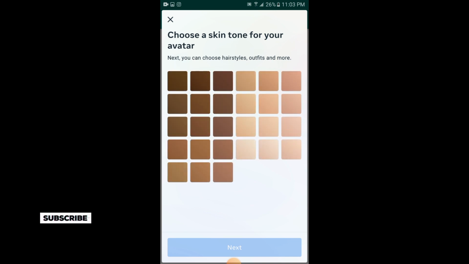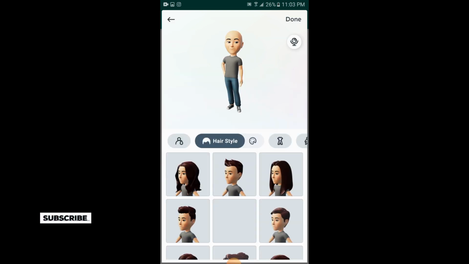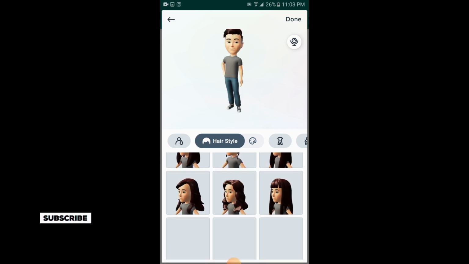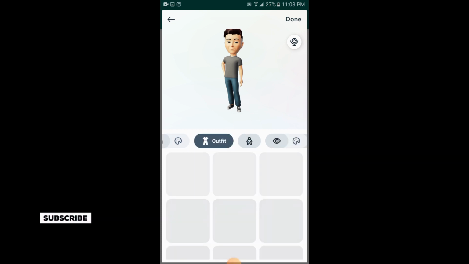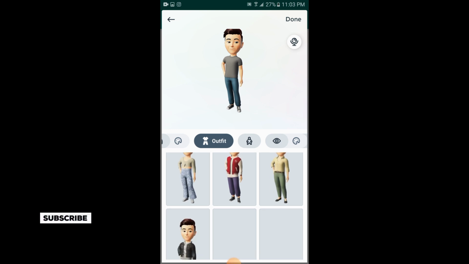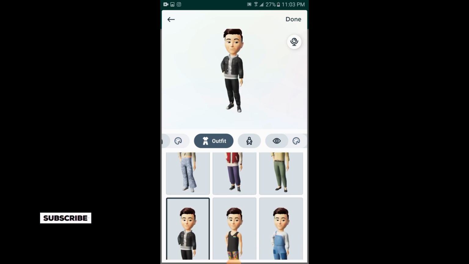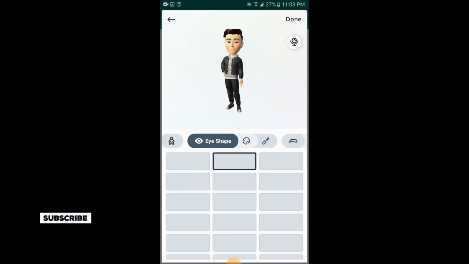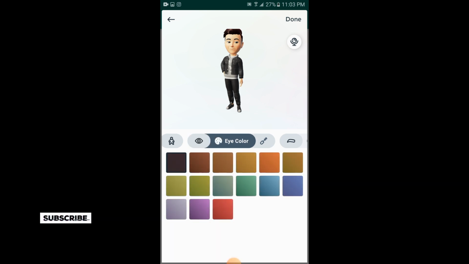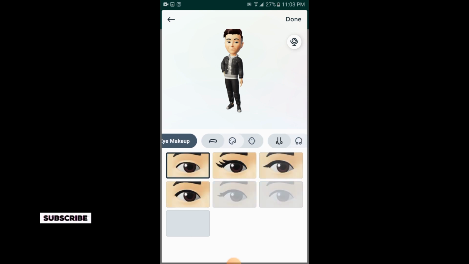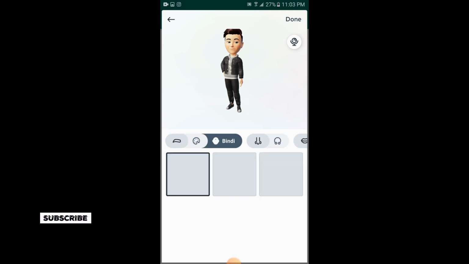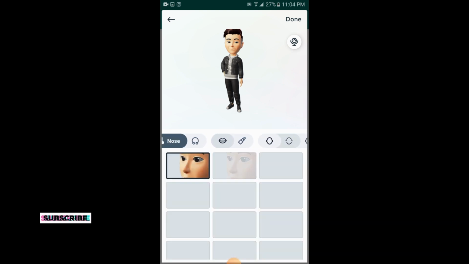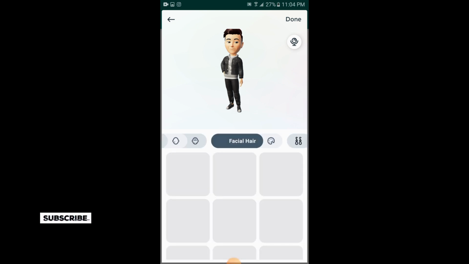These are the skin tones of your avatar. You will tap on next. These are the hairstyles which you want to add to your avatar. These are the outfits. This is the body, eye colors, eye makeup. Okay, your nose, your lips. Okay, when you have done with the dressing and the mustache,